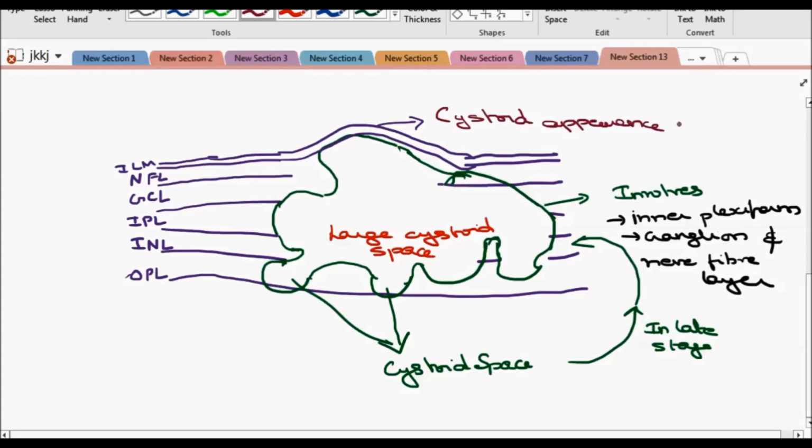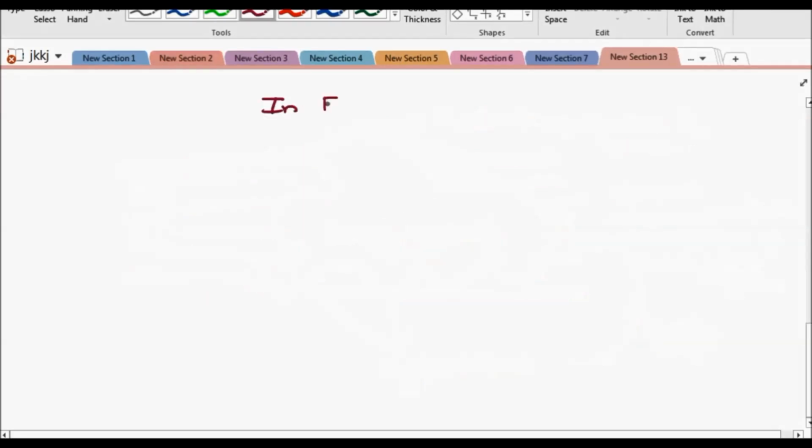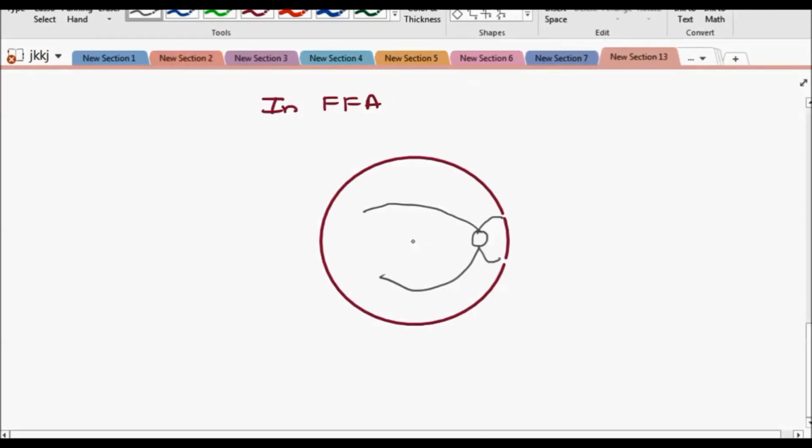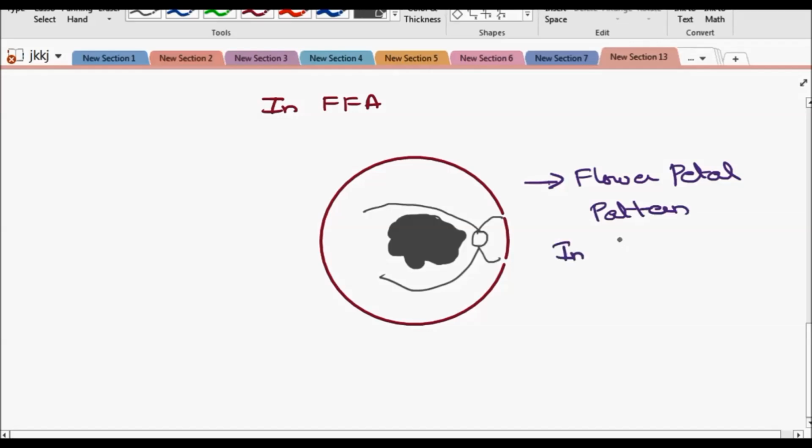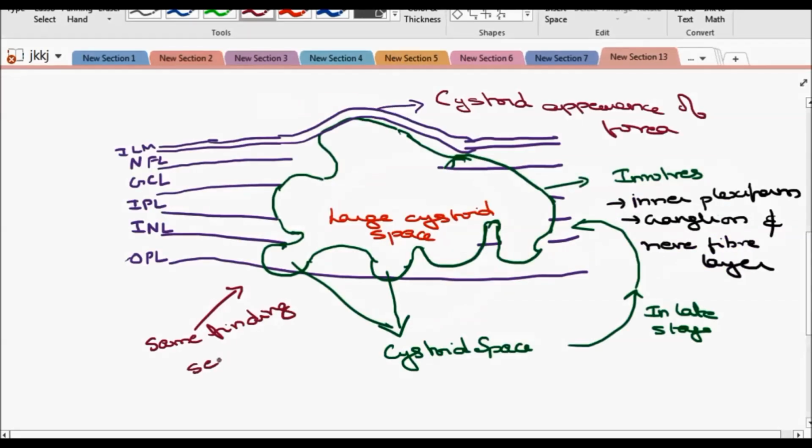The same finding we can actually find in the OCT also, where every layer we can identify and the larger cystoid space can be identified. In FFA, this large cystoid space gives a flower petal type appearance. This pattern is usually found in the late hyperfluorescence. As we have just told you, it's the same finding